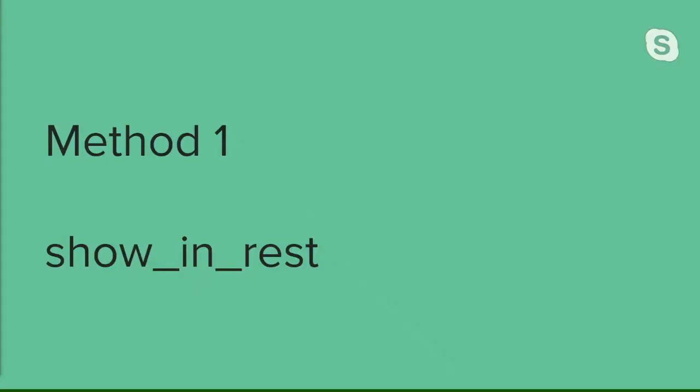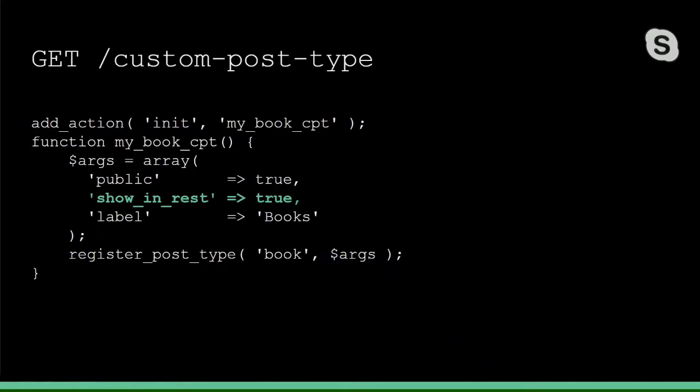The simplest way of extending the REST API is using show_in_rest on existing content. So let's start there. If you have already created a custom content type that is not showing up in the REST API, you can sometimes simply add the show_in_rest argument when you register the custom content. While adding one attribute is close to the best case scenario in terms of developer workload, be sure to review the REST API handbook for additional steps that you should take to make the endpoint more complete and robust.